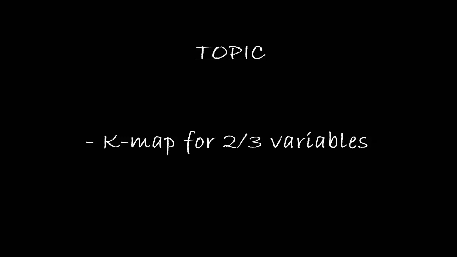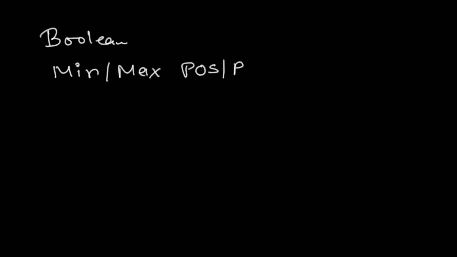In this video, we will be covering the K-map, that is the Karnaugh map, for 2 variables and 3 variables. So let's get started. In the previous few videos, we have covered different techniques of simplifying our Boolean expressions, which was using the Boolean laws and also the min terms and max terms of our SOP and POS forms. Both these techniques are very time consuming and we have to rewrite a lot of expressions for each step. Hence, what comes into the picture is the K-map, which is a short form for Karnaugh method.